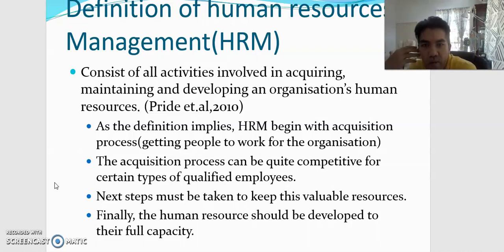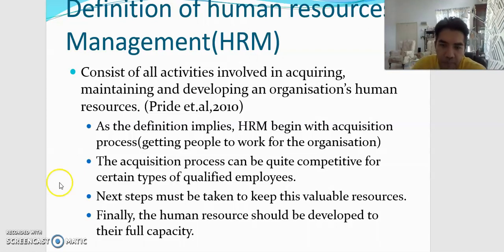HRM consists of all activities involved in acquiring, maintaining, and developing an organization's human resources. So yes, the first thing that we need to do, of course, is get the right people. We need to acquire them. Sometimes we go fishing into different companies, to our competitors, in order to get the right person. That is part of acquisition. And then